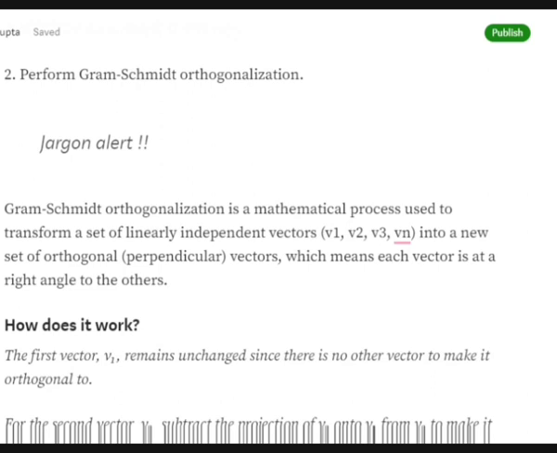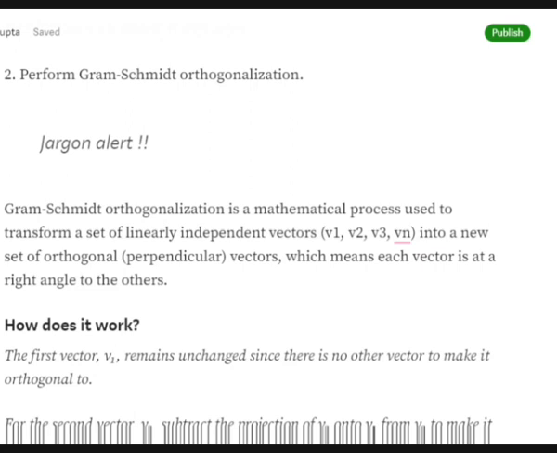Now we'll be performing Gram-Schmidt orthogonalization. So this is a big jargon. I think even I'm not able to pronounce it, but we'll be learning how to implement this orthogonalization. So basically it is a mathematical process used for transforming a set of linearly independent vectors, basically the columns of a matrix, into a new set of orthogonal, perpendicular vectors, which means each vector is at a right